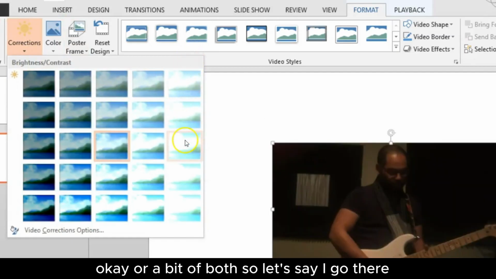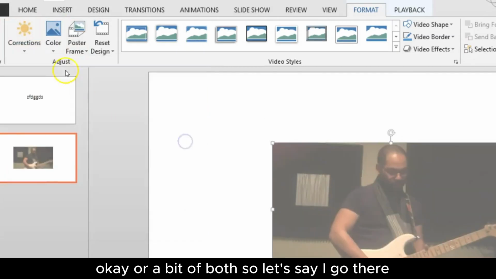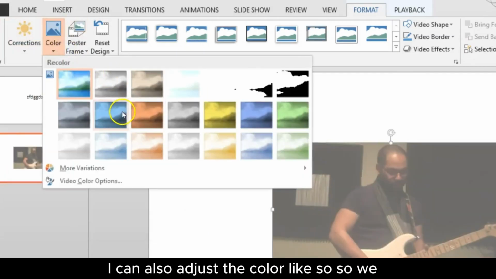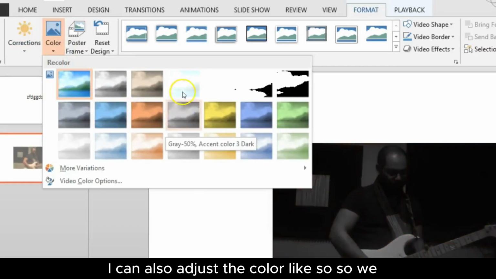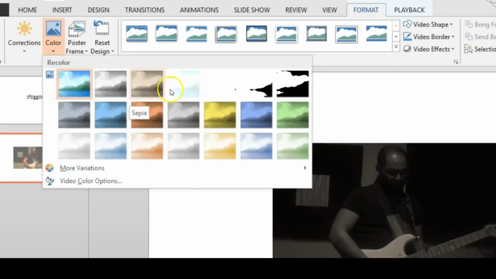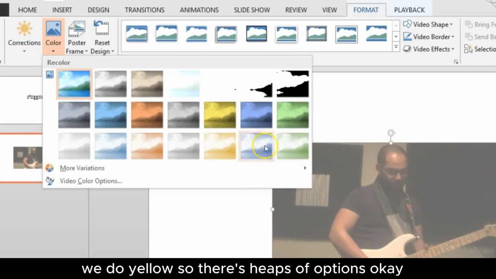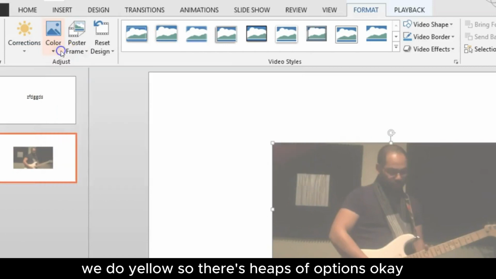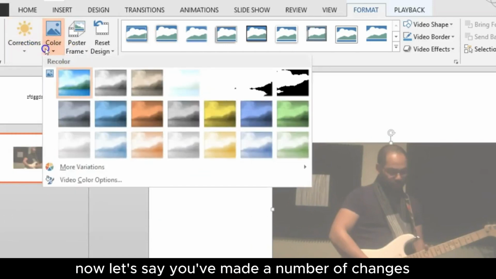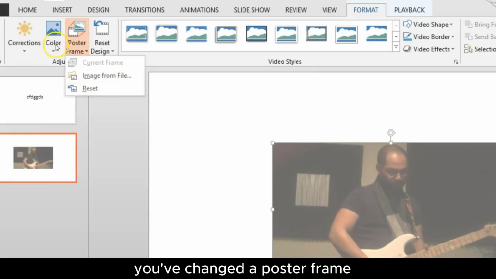Okay, or a bit of both. So let's say I go there, I can also adjust the color, like so, so it can become brighter. Do yellow. So there's heaps of options. Okay, now let's say you've made a number of changes, you change a poster frame, and you don't like that